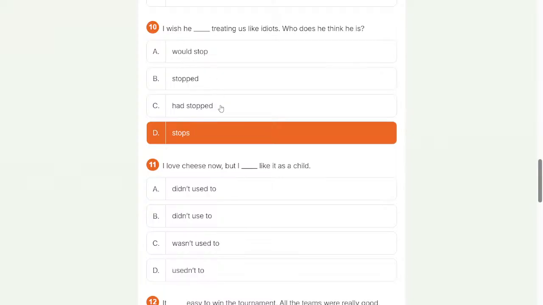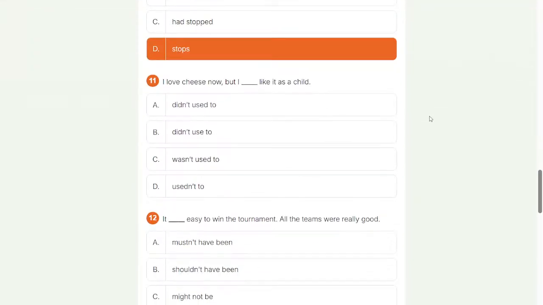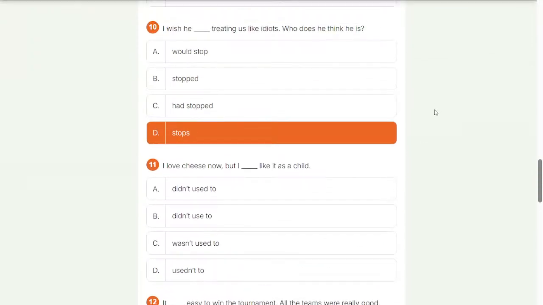I wish he stopped. I wish he had stopped. I'll be sincere, I don't know the right answer. So I choose the most suitable that I felt will be.